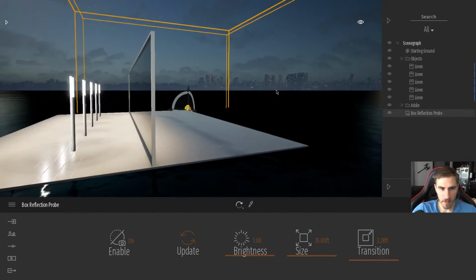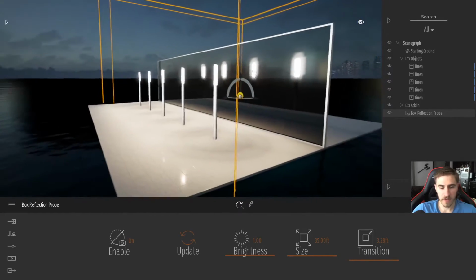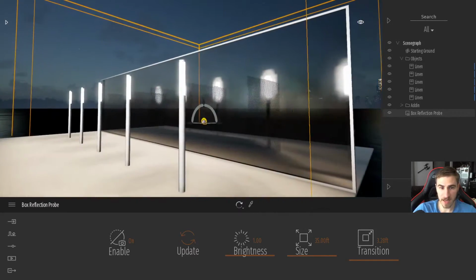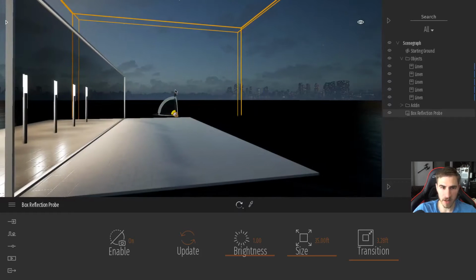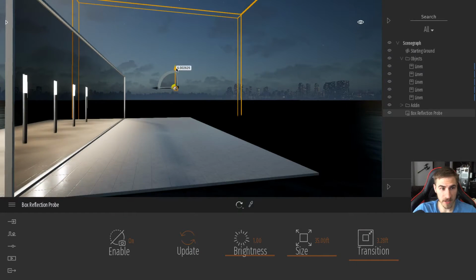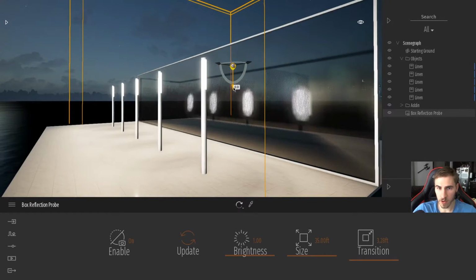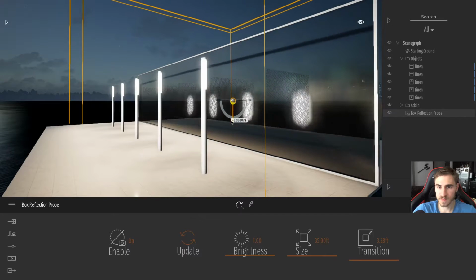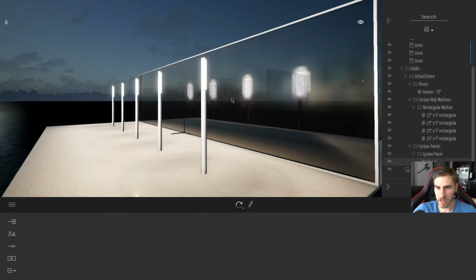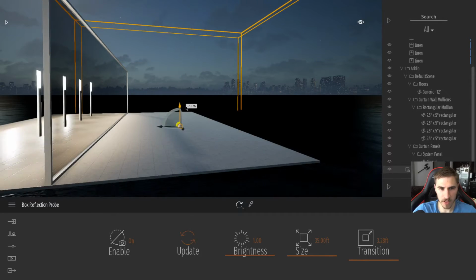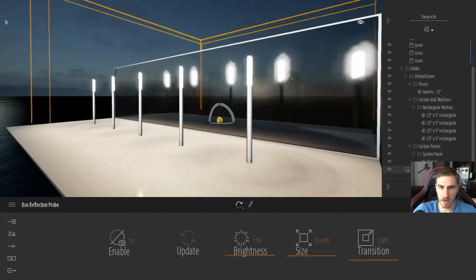And I think that, especially if you're taking a shot from ground level, like if you're going to be standing, then it's probably best that you have a lot of these probes in a similar location. Whereas right now I have this in the air. You can see as I have it in the air, all these reflection probes will move around, while it doesn't necessarily look like they do. And so the best thing I've found is to put this really close to the ground,